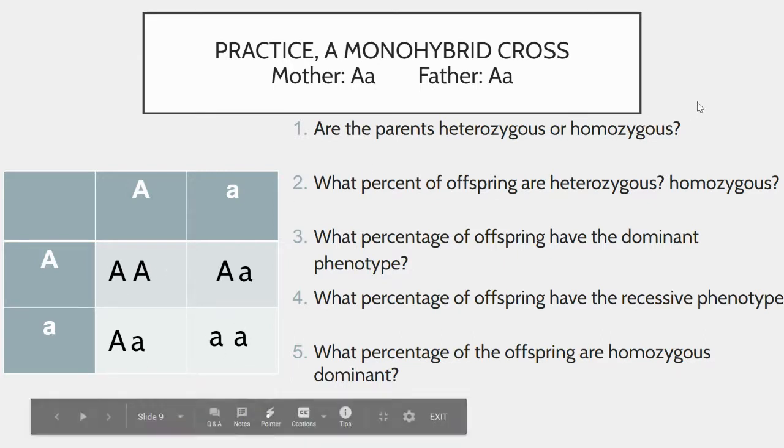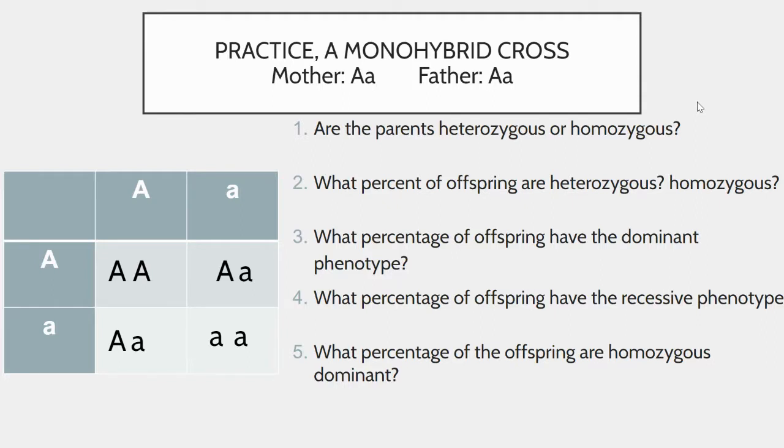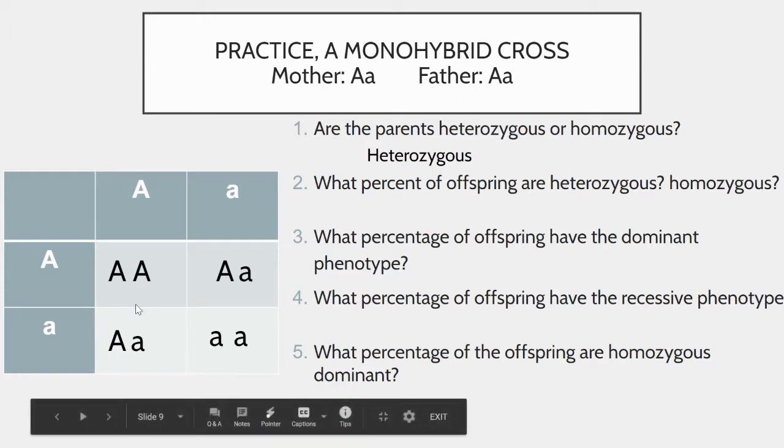Let's answer the questions. Are the parents heterozygous or homozygous? Well, look at the mother and look at the father. They each have a big A and a little a. Big A is different from little a. Both parents are heterozygous. What percent of the offspring, this shows the offspring down here, what percent of them would